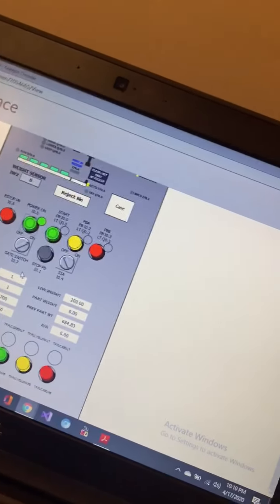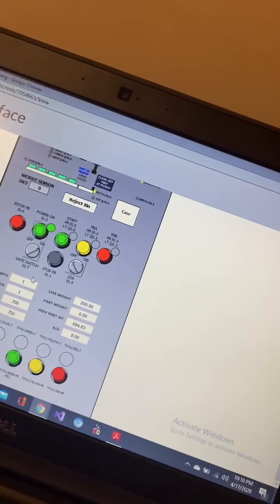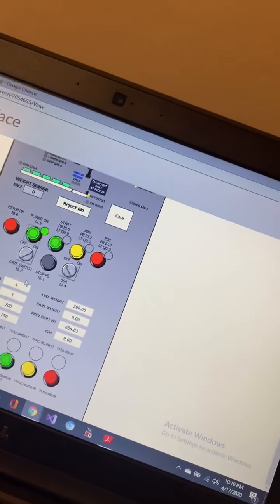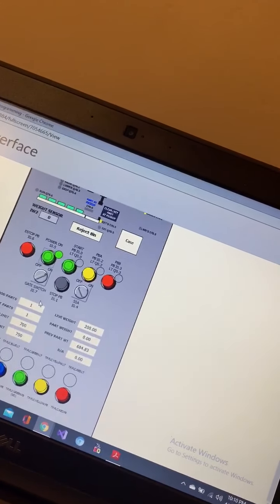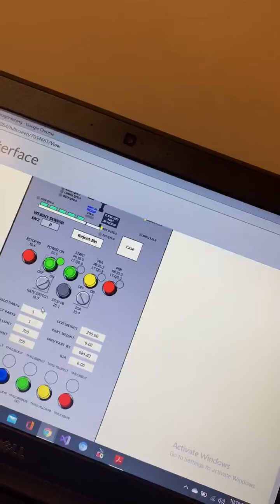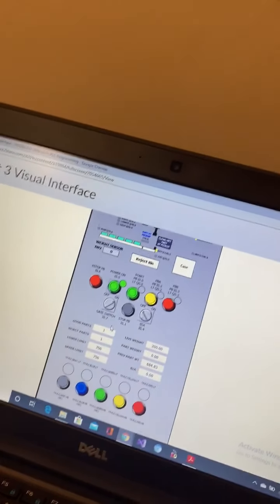So in my faults, lower fault activates when the lower cylinder solenoid is turned on for 7 seconds, and the same in the case of raise fault, which activates when the raise cylinder is turned on for 7 seconds. So when the extend cylinder solenoid is turned on for 7 seconds, the extend fault activates, and retract fault activates when the retract cylinder is turned on for 7 seconds.